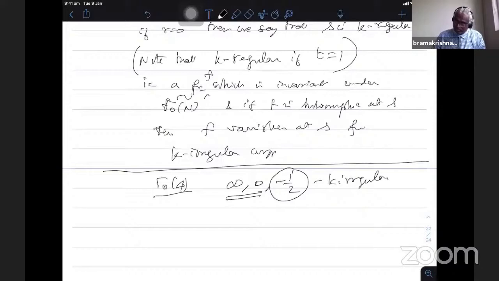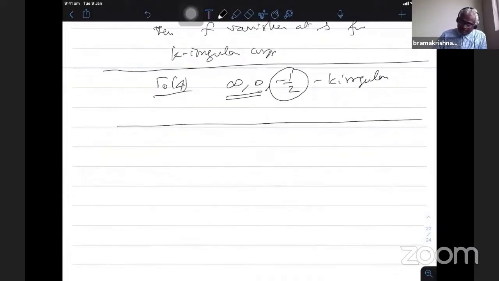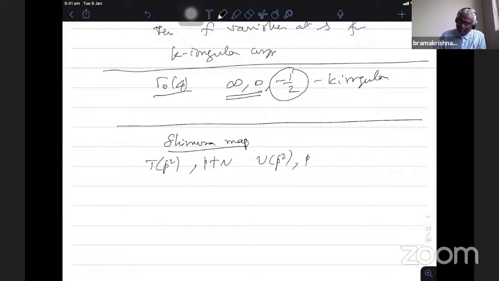So this is some remark which we wanted last time, so I'm just explaining this. Now we proceed. So what was the other one we did? We introduced the Shimura correspondence, that again, recall the Shimura map. So this T_{p^2} is the Hecke operator, p not dividing n, p^2 dividing n, in Gamma_0(4), 4 divides n. These are the setup. So I am in S_{k+1/2}(n, chi).